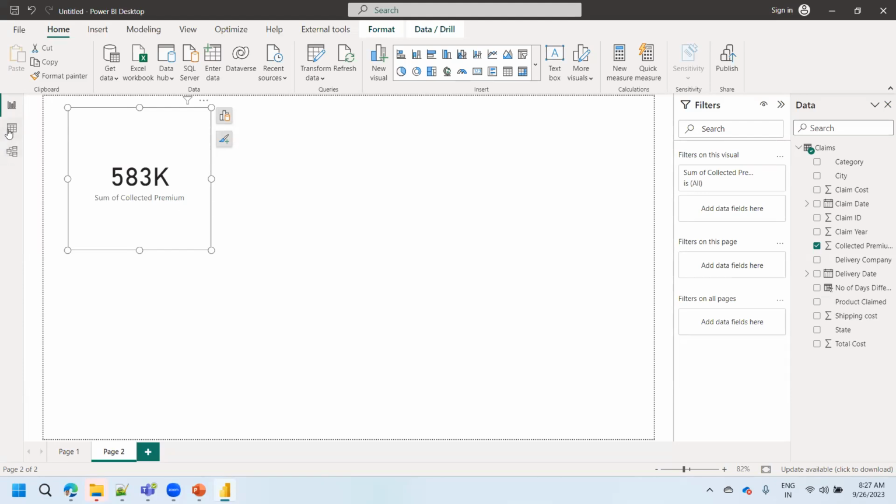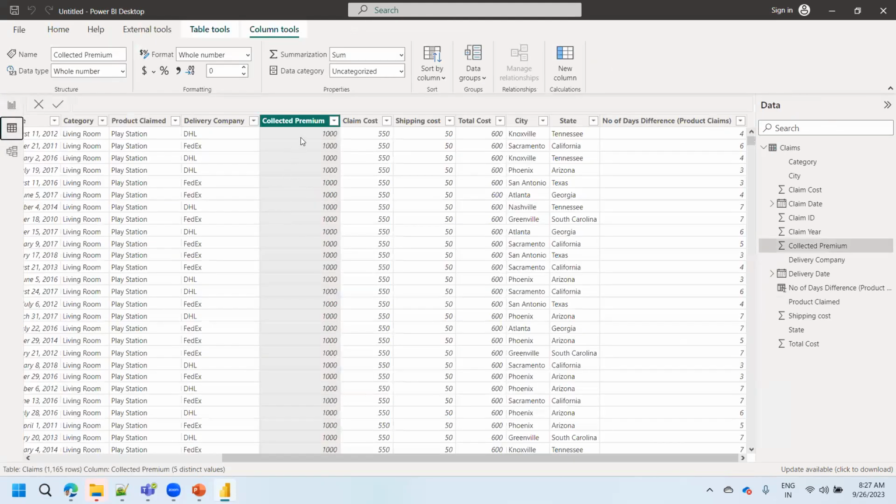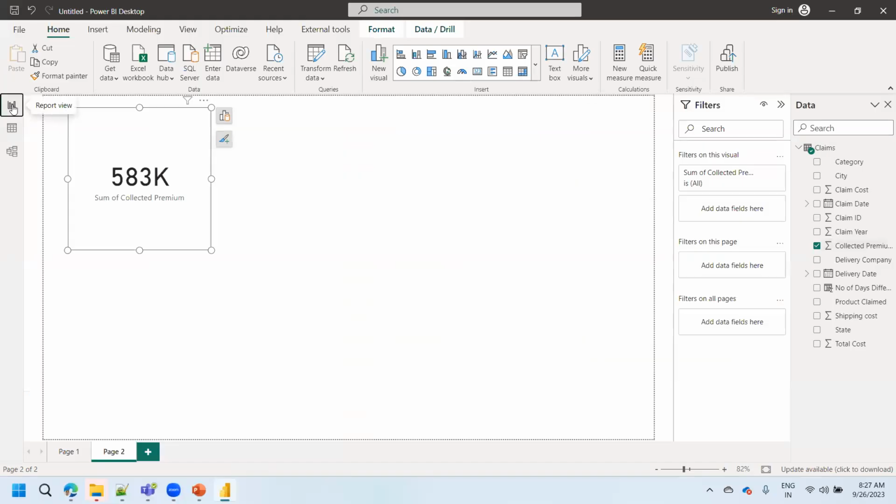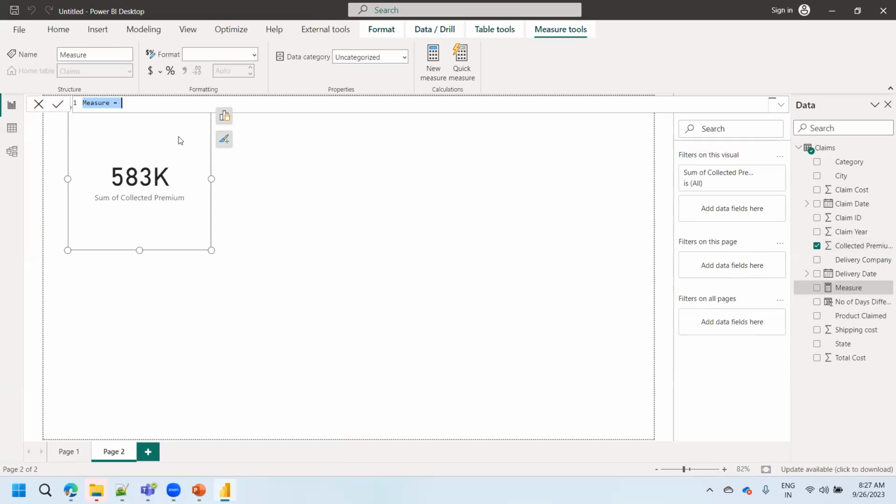Possible, right? To get this 583K collected premium, the backend DAX engine has to read record by record, row by row, 1000 plus 1000 plus 1000 and so on. It has to calculate and project the output as 583K. The same number, I can get calculated by using an explicit measure. That's what we discussed. Here click on new measure, giving the name as total collected premium